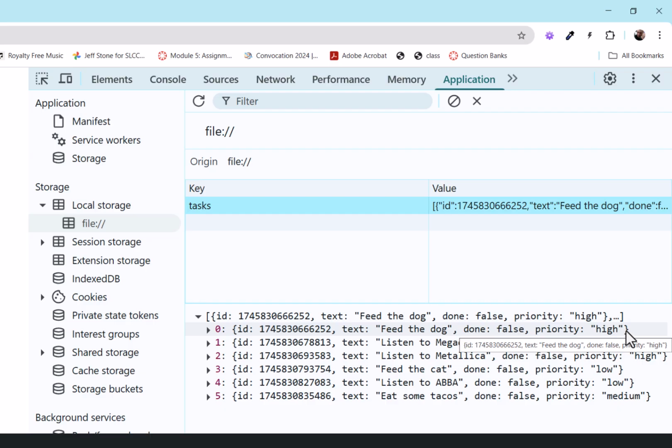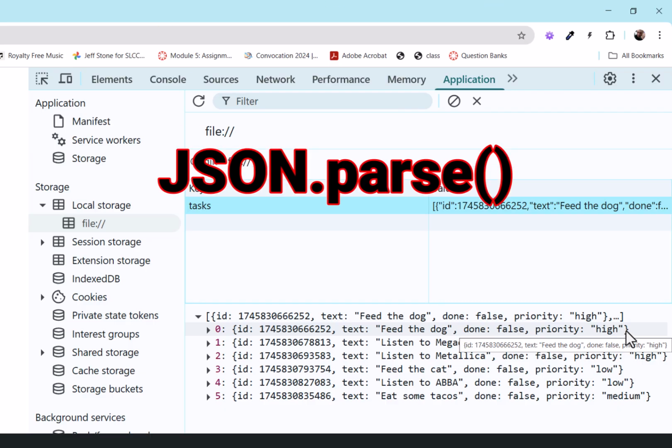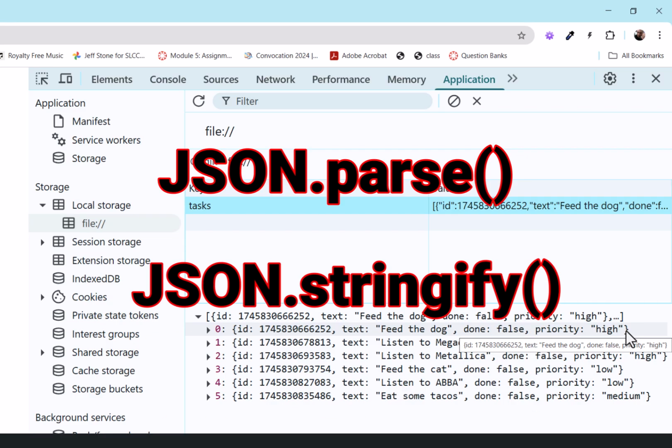So let's back up to the Ajax lecture, right? You may recall in there that when you get data from another site, it comes in a string that looks like an object. And then you had to use the JSON parse function to turn it into an actual object. There's also a function that reverses that. It's JSON.stringify, where you pass it an object and it turns it into a string, and the string looks just like the string you got from the API call when you were doing your Ajax, right? It looks like a string that looks like an object. So you can take a string that looks like an object literal, and turn it into an actual object, and you can take an actual object and turn it into a string that looks like an object.